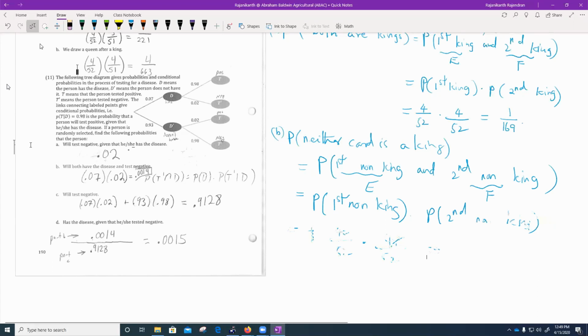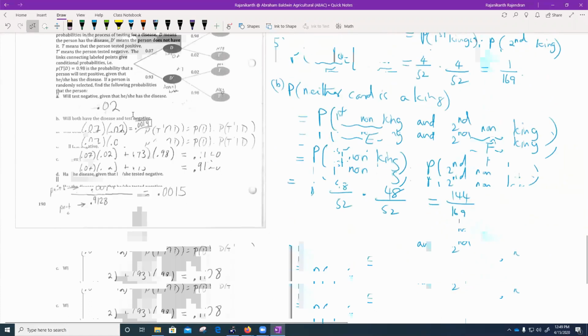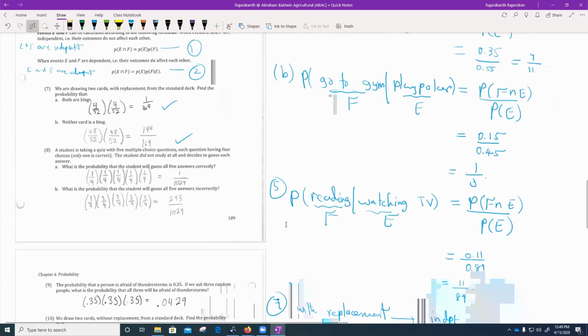So if you simplify that, that should be how much? It should be 144 over 169, right? So those are the two things you have here. Okay,